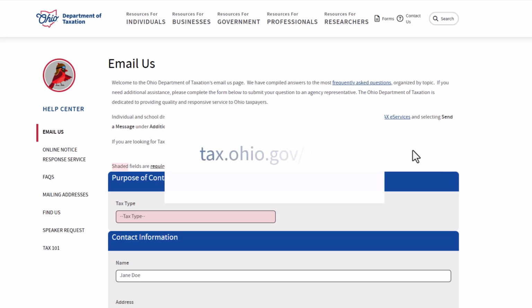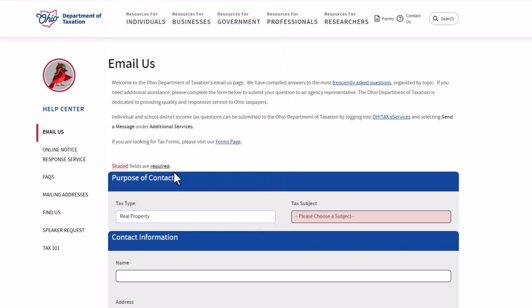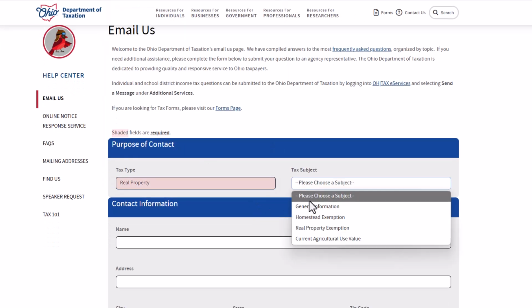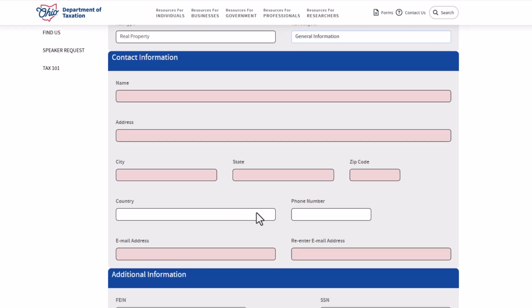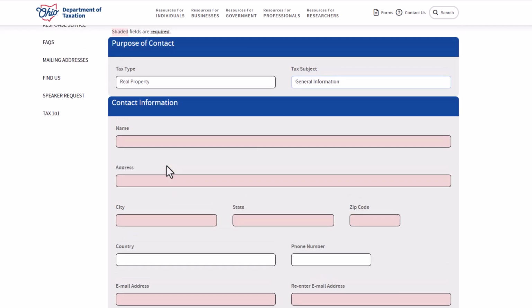Visit tax.ohio.gov/email. There you can choose your topic. Send us an email. One of our agents will review the email and respond to you with how we can help with your issue. It could be very simple to very complex. We're here to help.